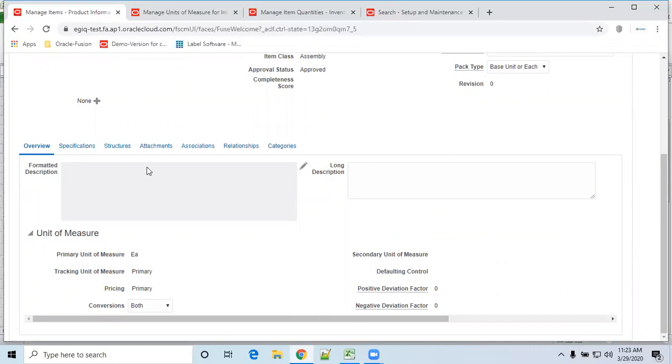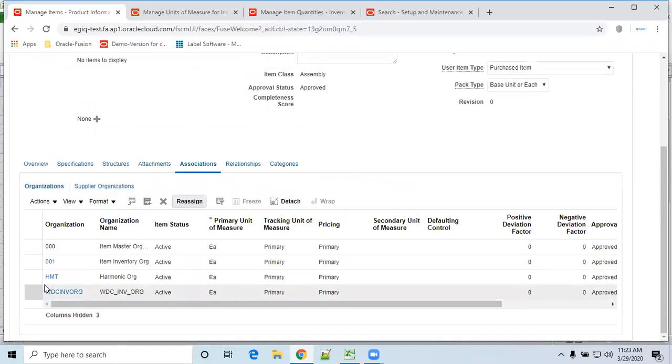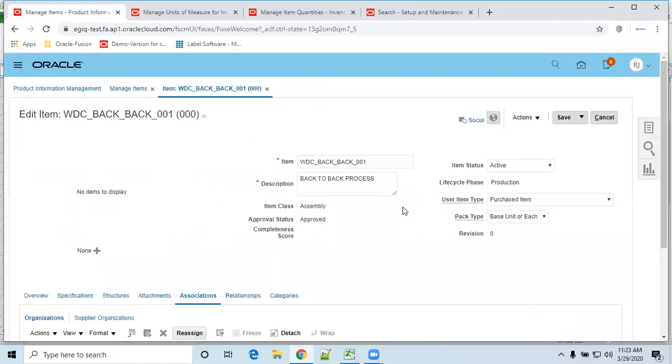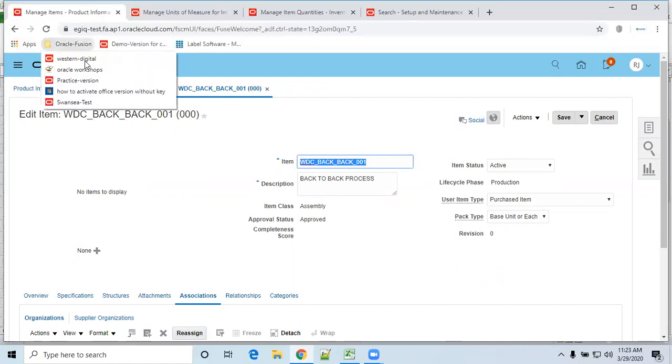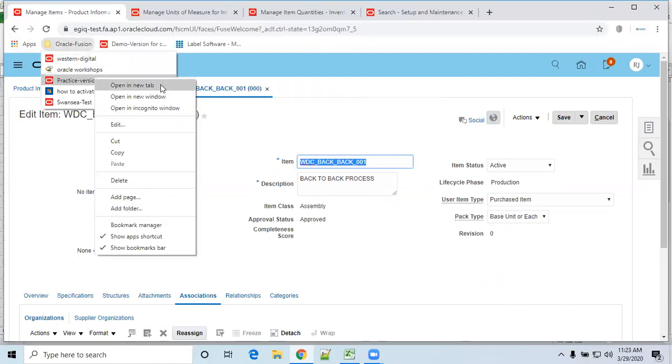So this particular item belongs to which inventory arc? These are the inventory arcs. That is fine. So what I will do is I'll create one more item. Then that second item will make a relationship with this particular item. So how to create the new item? We'll keep this page as it is, and I'll open another page.